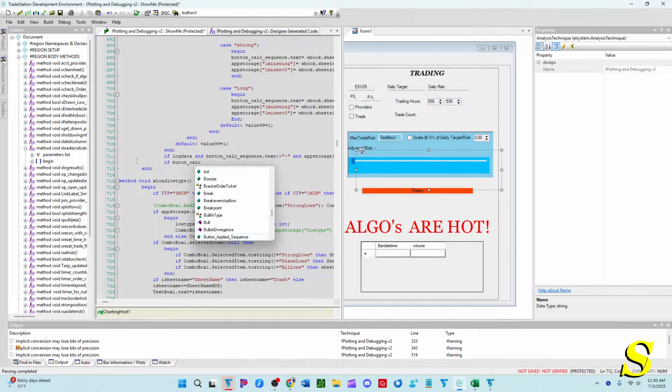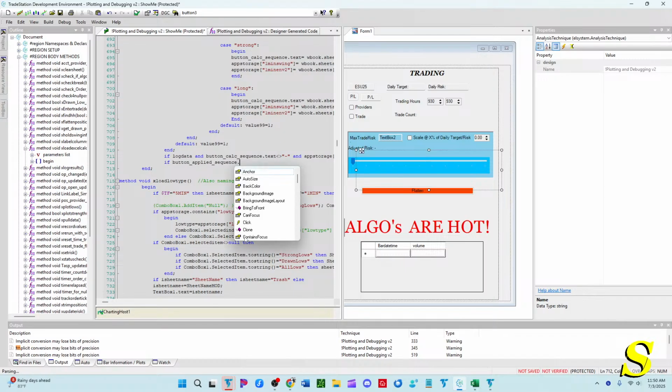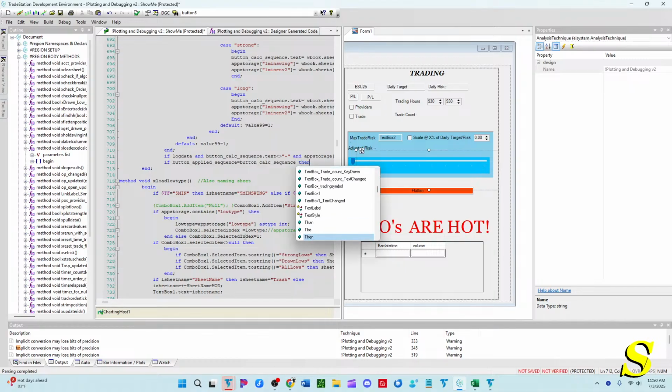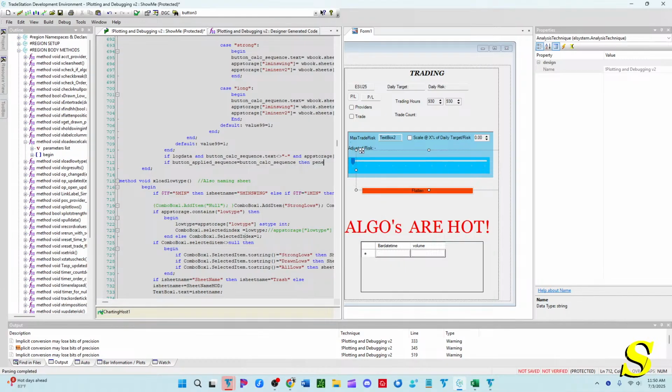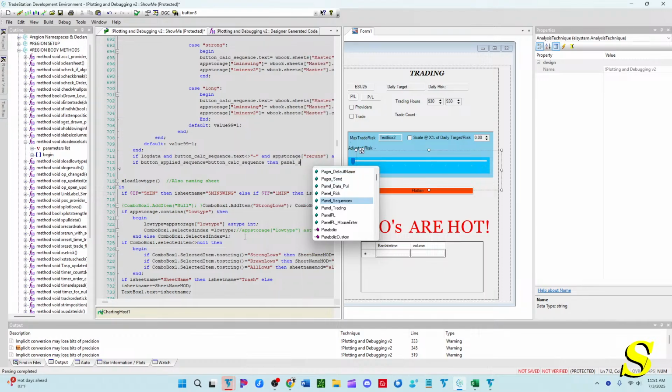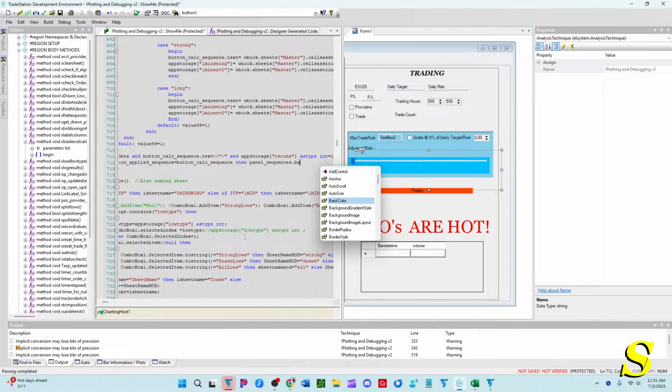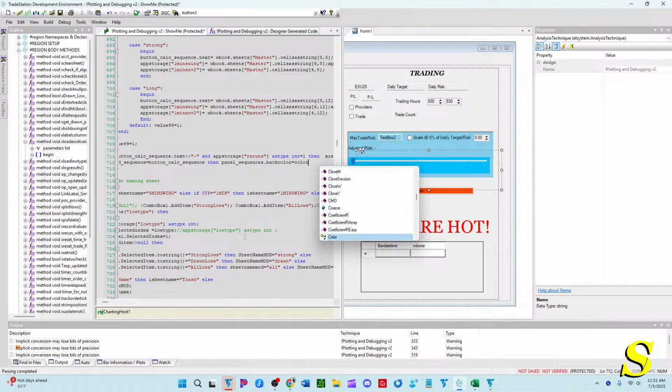Button calculated. Button applied sequence dot. I wonder if I can just ask if they're equal instead of using the text. Instead of saying text, button calculated sequence. If they're equal, then panel underscore sequences dot back color equals color dot from